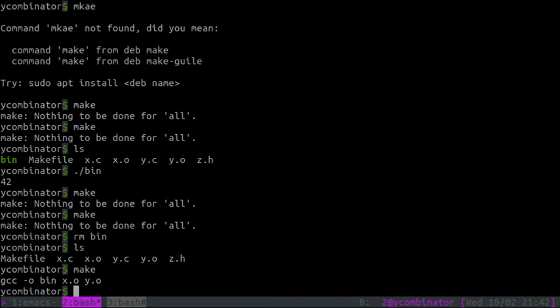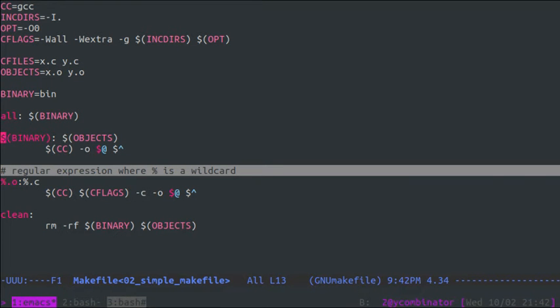But importantly, it only ran the command to rebuild the binary. It did not run the command to remake the .o files, right? The x.c and the y.c didn't change. So the x.o and the y.o do not need to change, right? So all that we need to do is run the command now to regenerate the binary from the .o files, right? Make is being very intelligent here, and it's essentially saying, I will only run this rule on the .c